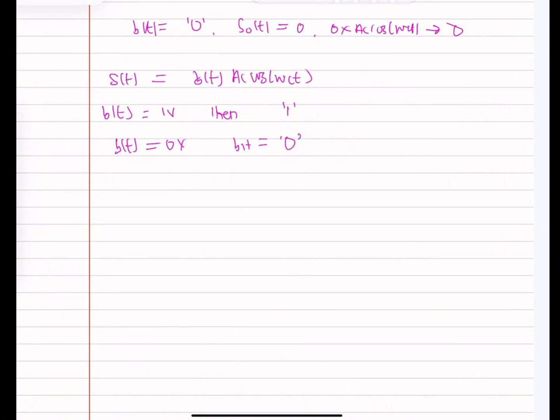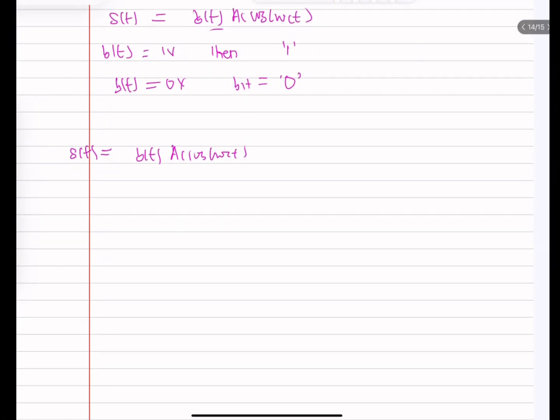This is almost similar to that of analog demodulation. So we assume that our S of t that we got here is equal to B of t AC cos omega ct. Therefore, I'm passing S of t, which is the modulated signal, through a balanced modulator,